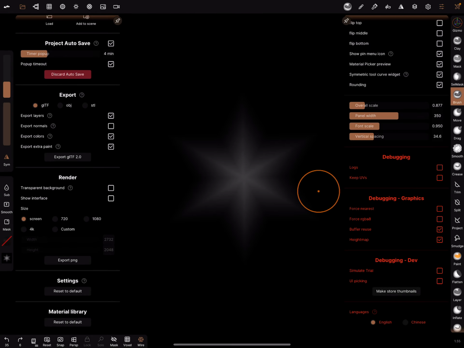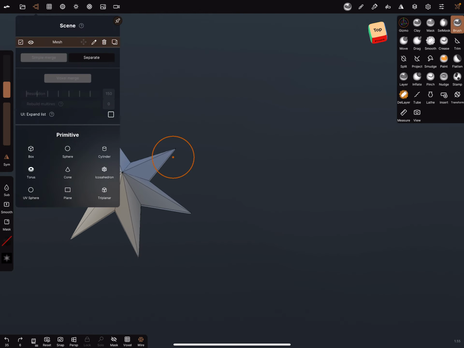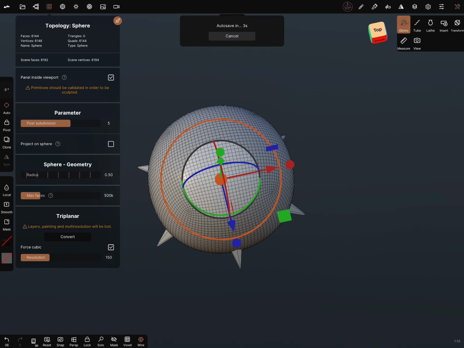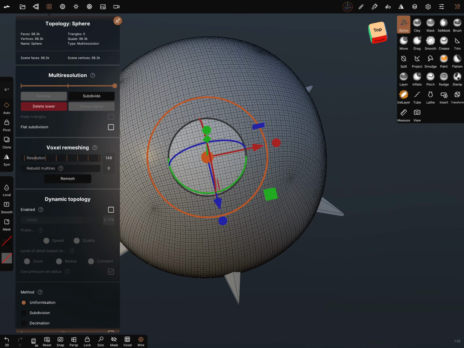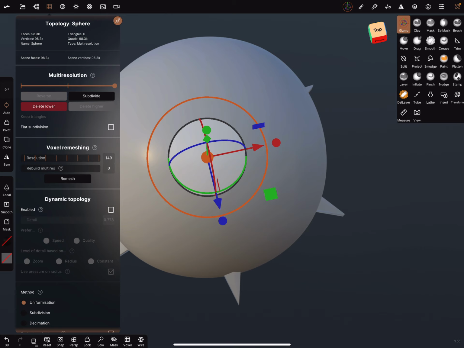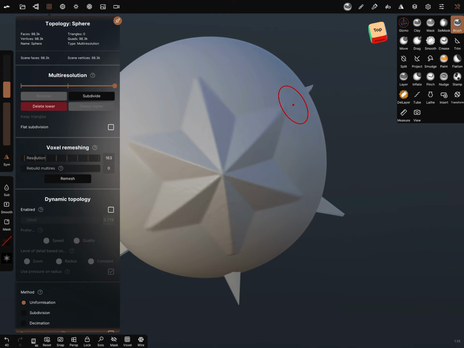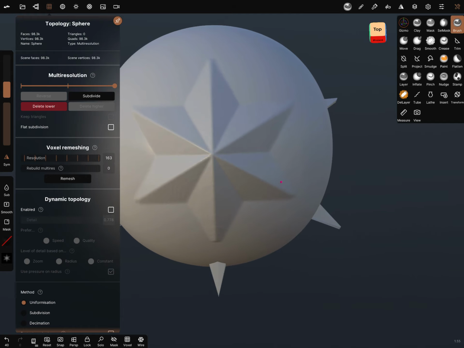And when you're inside Nomad, you can turn off the height map, and when you, for example, add a sphere, autosave, validated, subdivided sometimes, and this is this alpha, and now you can bring the star on your object.